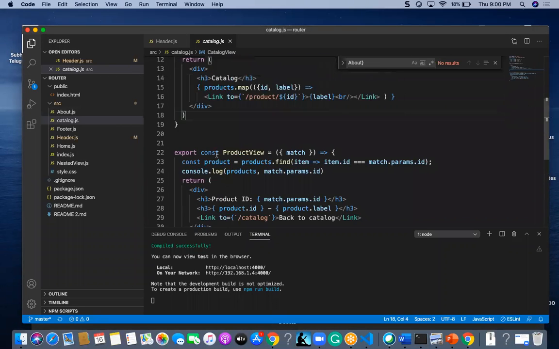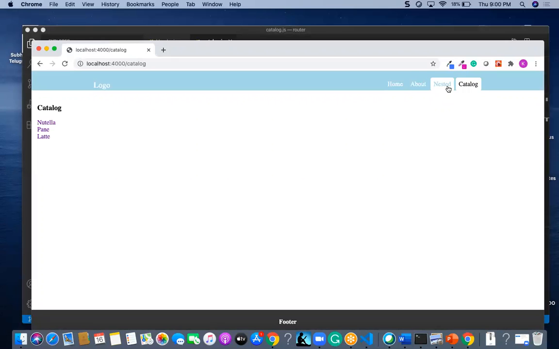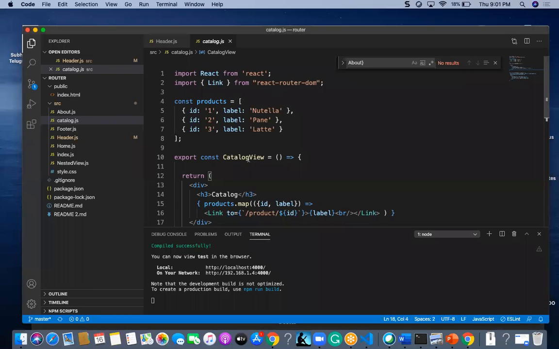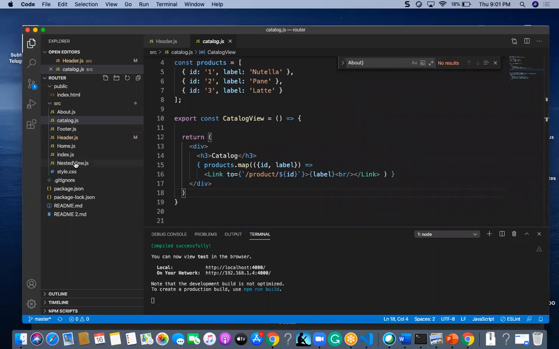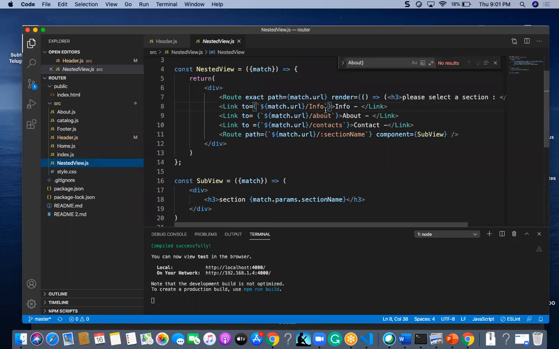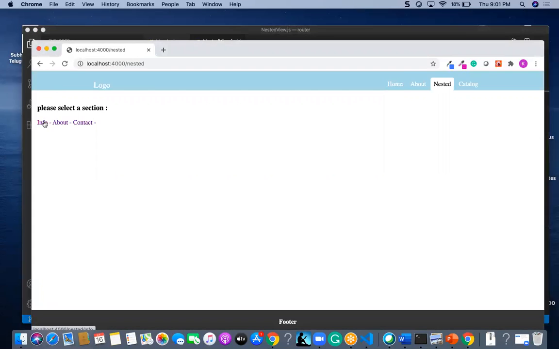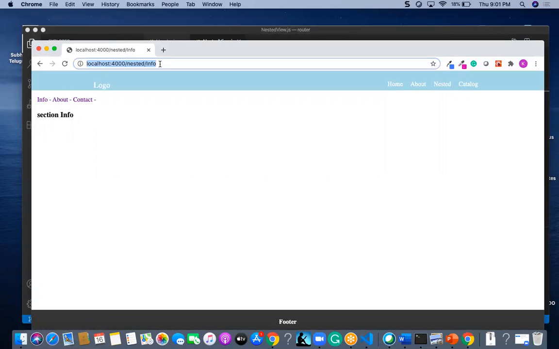Okay, so up to this is about the catalog. We saw home, the about page, and the catalog. Now we are going to the nested one. In this nested, I am going to have info, about, and contact. If I go to about, it will go to slash info.